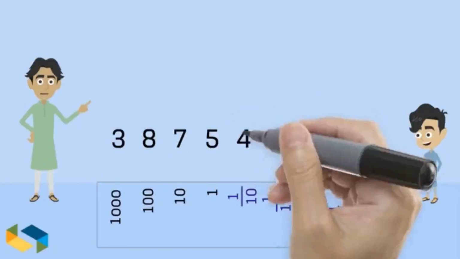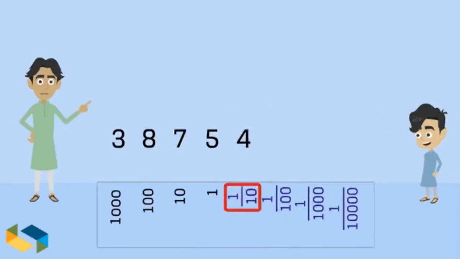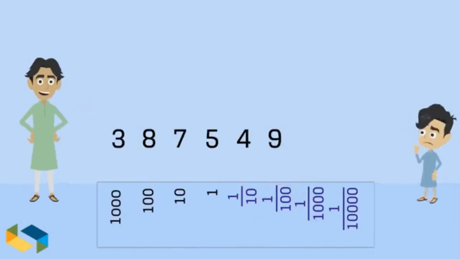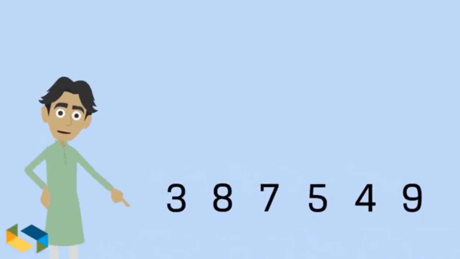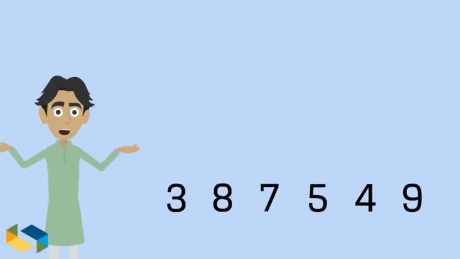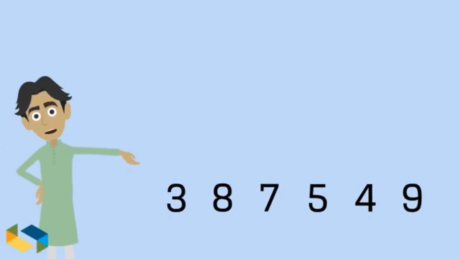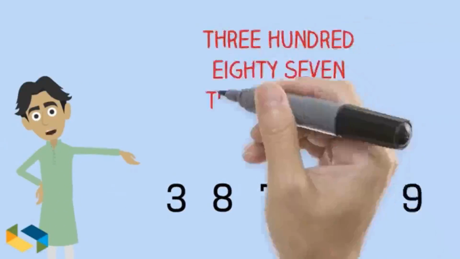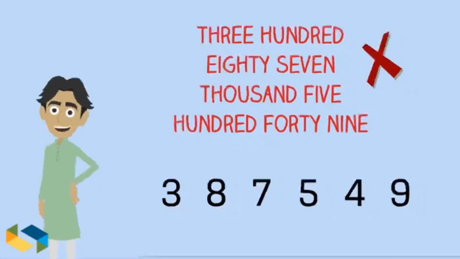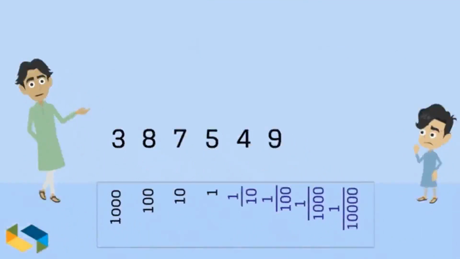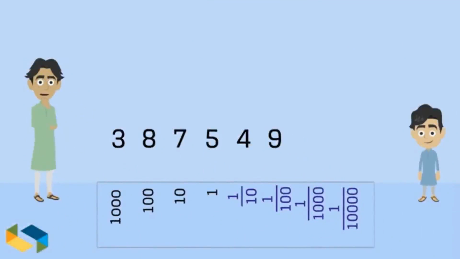So let's say we add 4 tenths and 9 hundredths of 1. But there seems to be a slight problem here. When you see these digits without their place value names, you don't know what the number really is. It actually now looks like 387,549, which it is not. It's impossible, of course, to keep writing the place value names always. We certainly need to find an easier way.